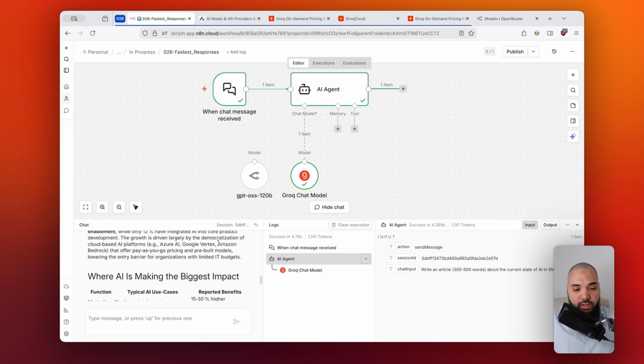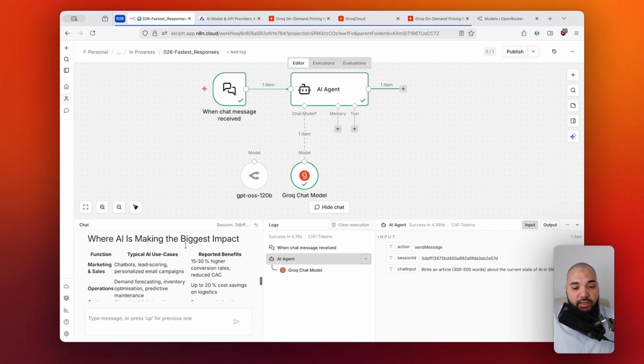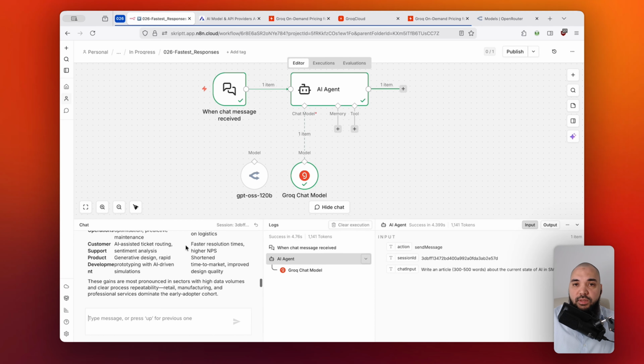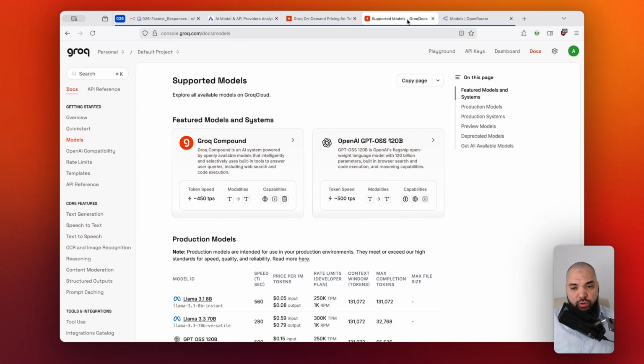Now, obviously, we would need to read through this and have a look at this if this is even the quality that we want to have. But at the end of the day, this would also be something that we need to do with every model, right? Now, one more thing that I would also like to show you, if I am going to the Groq